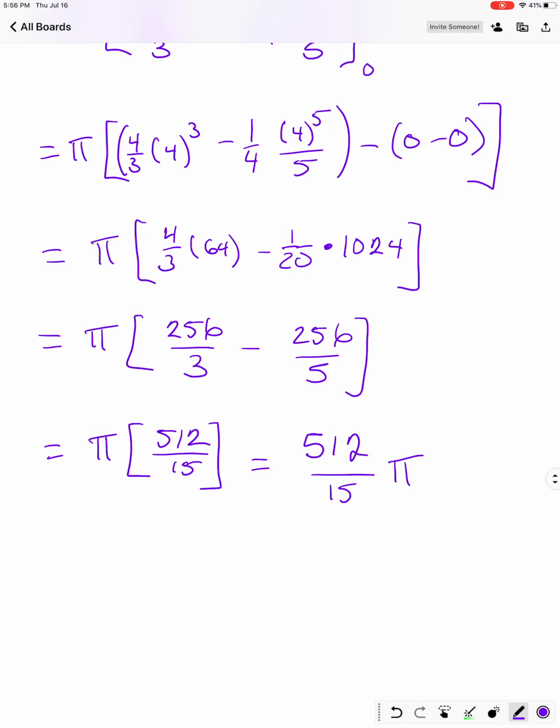Okay, so that's how I would evaluate that integral. I hope